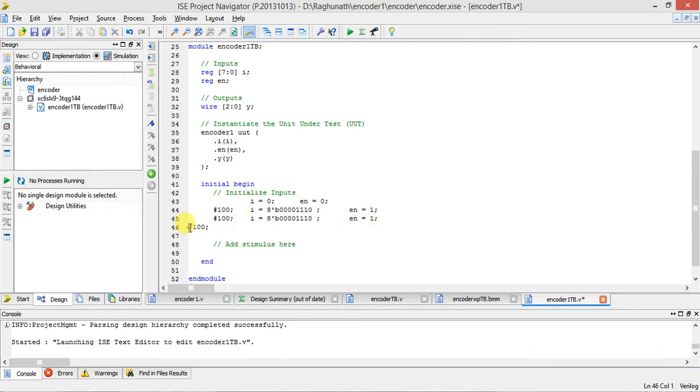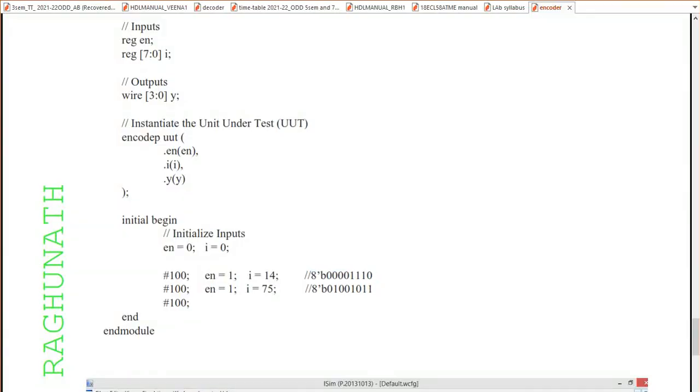So only two combinations. If you want, you can write three more combinations. So here I will make the 6th bit as 1. If you want, you can write 75 means 100 1011.